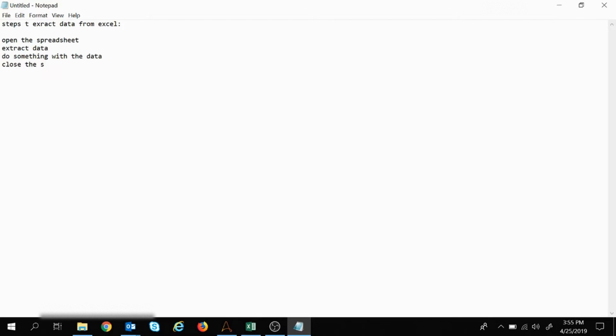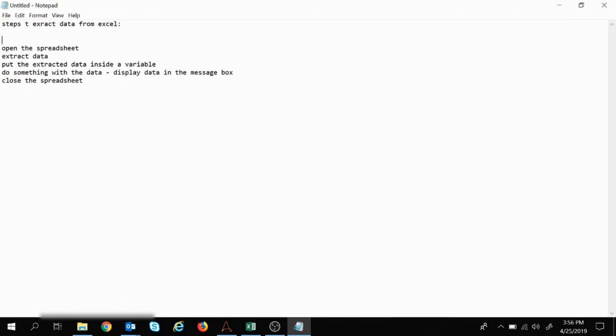Close the spreadsheet. Okay, so this do something with the data. What we will do, we will display the data in the message box. Display data in the message box. And once the data is extracted, you need to put it inside the variable. Put the extracted data inside a variable, and for that you need to create a variable also where you will extract the data. So I will write on the top of that,